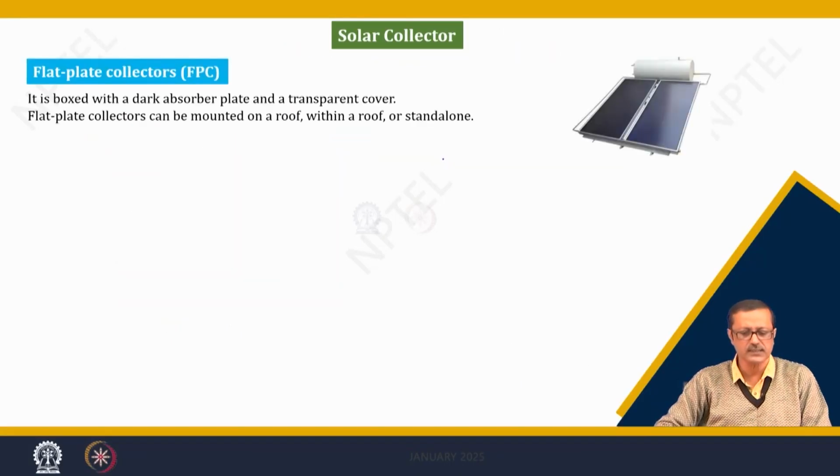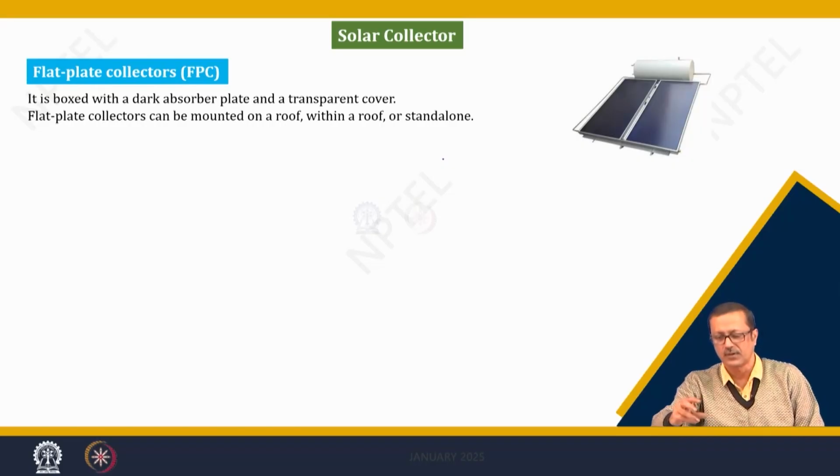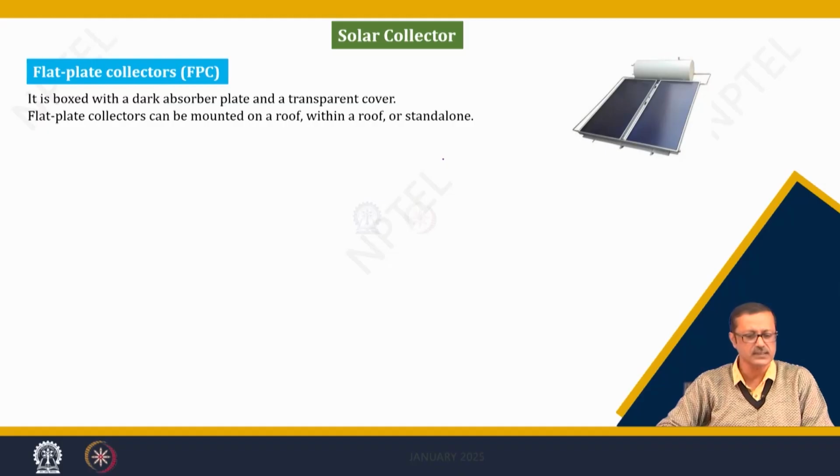So, in the solar collector there are two types of solar collectors. You see a drum is attached to the solar panel, so that means this is a kind of solar collector. The first one is called the flat plate collector, FPC, which is a thin, dark box with a transparent cover, and below the cover there are small pipes through which the water is moving.